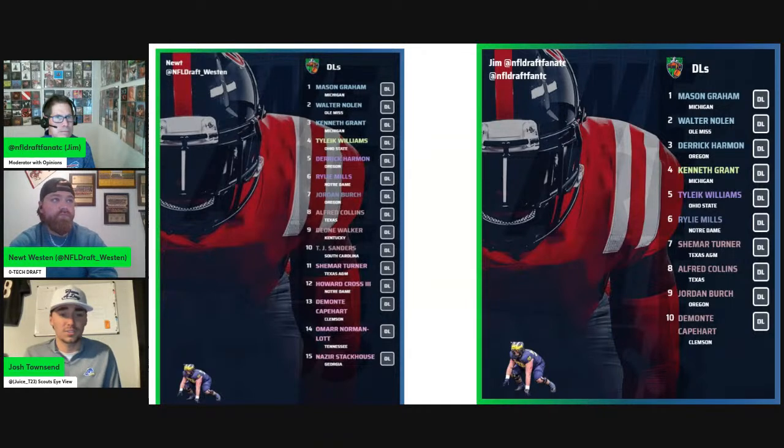His versatility, this is a guy you want to be plugging in at a 3-tech, really don't want to be messing around with where he's going to play. So it's not really a deterrent on his scouting report, but it's an intangible thing for me.